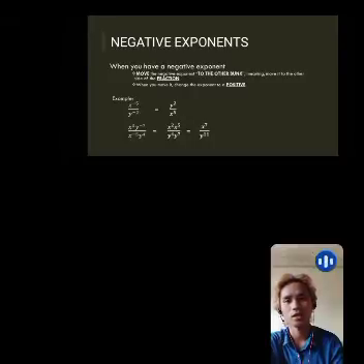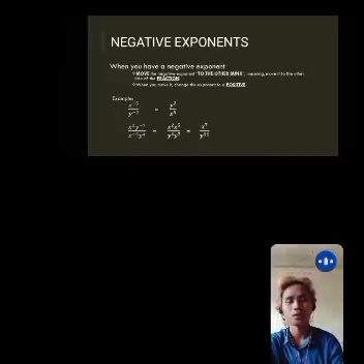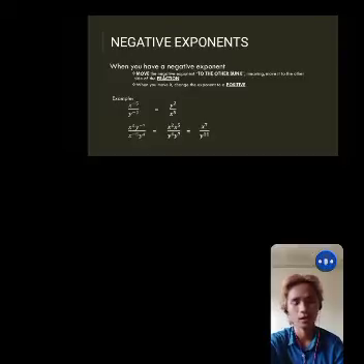As given, you just move it to the other side of the fraction. As you can see there, the y raised to negative 2 is moved up, and then the x raised to negative 5 is moved down. So it changed as it moved to the other side of the fraction. Okay,